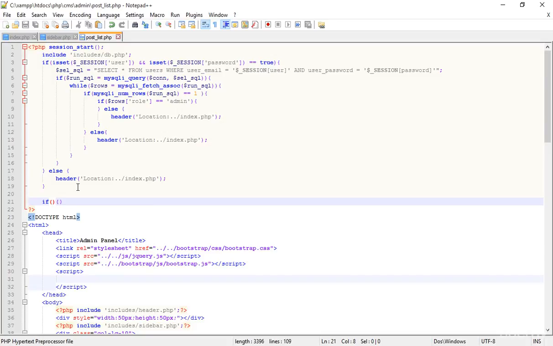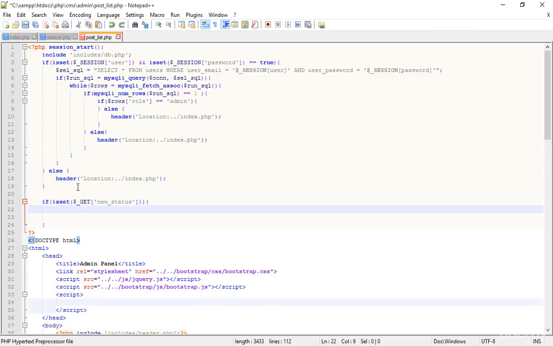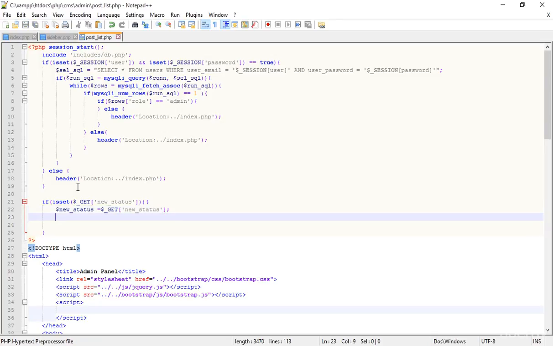Okay, and inside this if, before getting, I have to pass the variable into a function, the get function. And here I'm just going to type is new status, save that, and then inside the curly braces, I'm just getting the new status: $new_status equal to $_GET new status. Okay, and then press enter and then type SQL equal to,